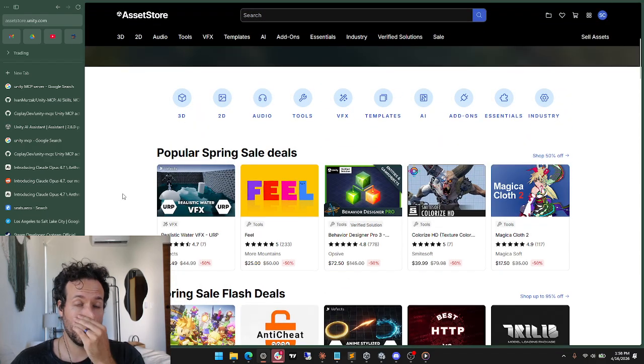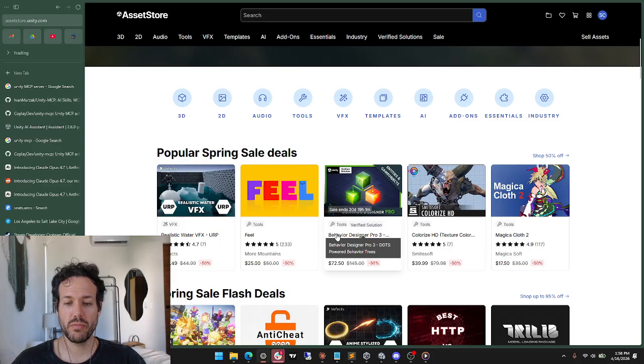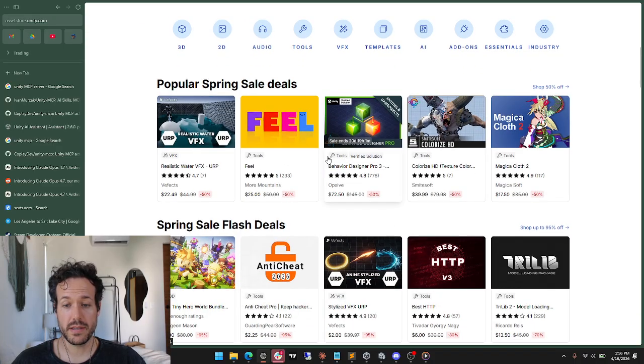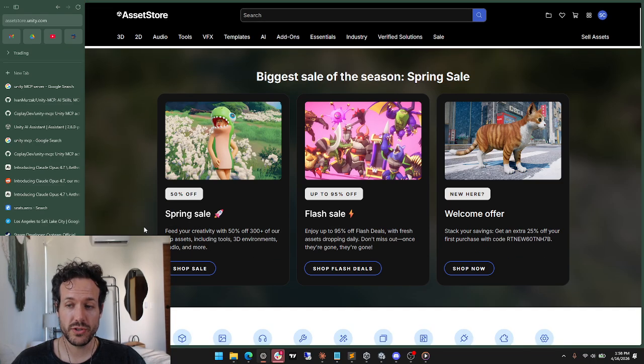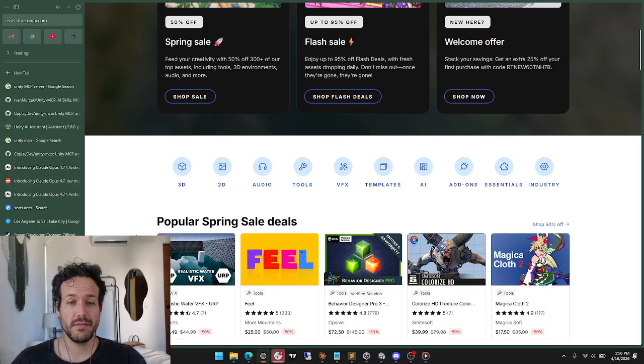The other thing here is that the asset store doesn't just have 3D or 2D assets. You can see there's tools, there's visual effects, add-ons. So like even this right here, there's the Behavior Designer Pro 3. A lot of these tools come with a UI where you can just click around, tweak the values, connect these nodes, so that if you're not a developer and if you're not super familiar, you can still have access to some really powerful tools that might just already do what you're looking for.